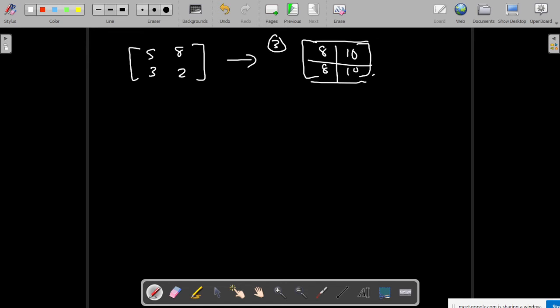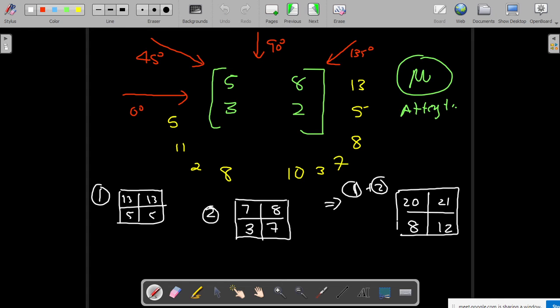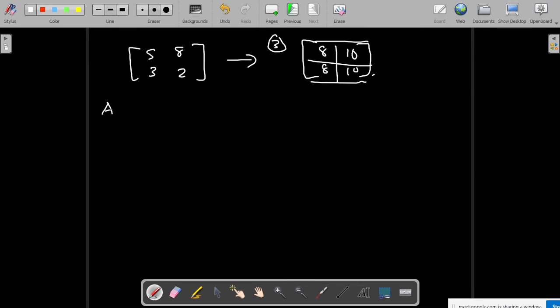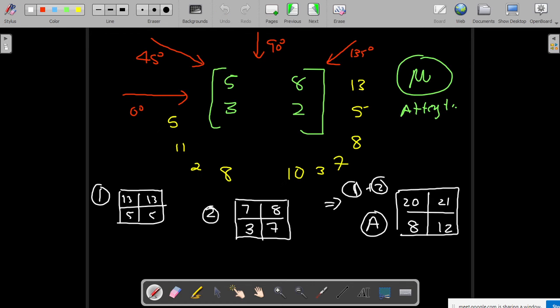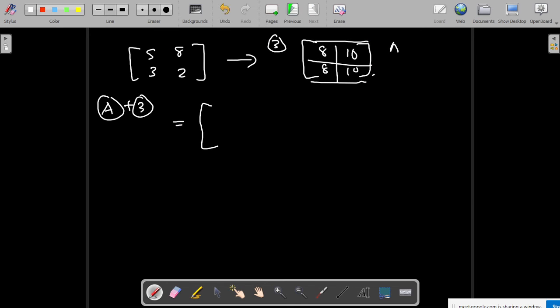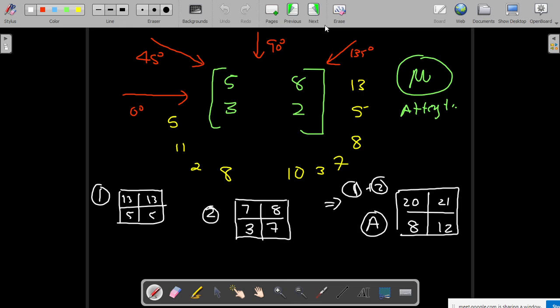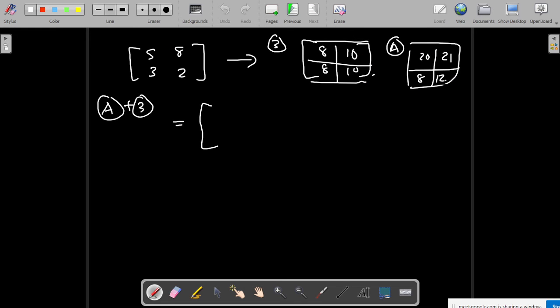Now what we do is that the result that we got from the previous, I'll just put it as A, this result I'm going to add with 3. So what is my A? A is 20 21 8 and 12.